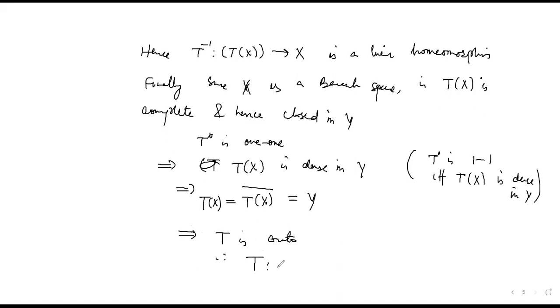Therefore, T from X to Y is a linear homeomorphism. Linear it already is, we just write homeomorphism. That is our supposition, we did not prove it. T is supposed to be linear. Okay, that's done. The second part you will do as a home assignment,